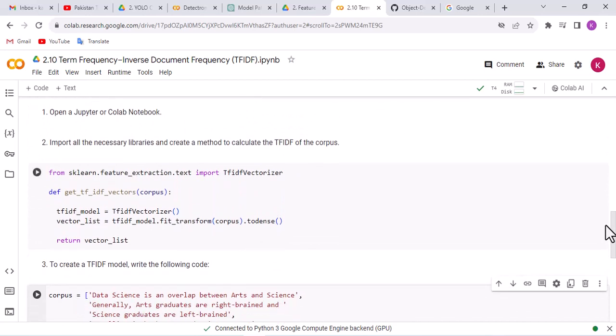So, in the first cell, we import the TfidfVectorizer class from the sklearn library, and then we define a user-defined function get_TF_IDF_vectors, and the parameter of this function will be corpus. Next, we create the object of class TfidfVectorizer. This TF_model is a TF-IDF model,